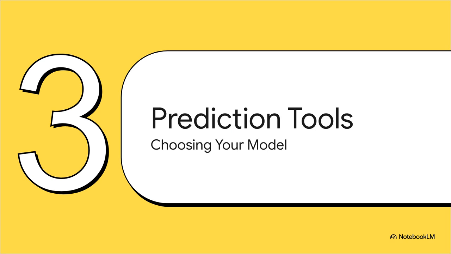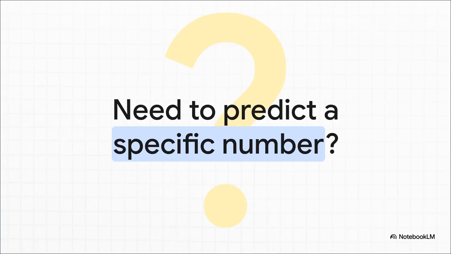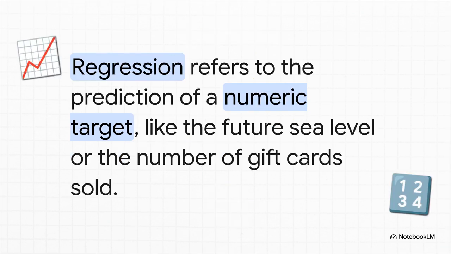All right, so we've got our ingredients, our features, and labels. Now we need to pick the right recipe, or maybe the right kitchen appliance, to turn those inputs into the output we want. In the AI world, we call these models. So, let's say your goal is to predict an actual specific number. Not a category, not a yes or no, but a number. Like, what's the future price of a house, or how many products will we sell next quarter? For that kind of job, the tool you're looking for is called regression. Anytime your goal is to predict a numerical value on a scale, a price, a temperature, a sales total, that is a classic job for a regression model.